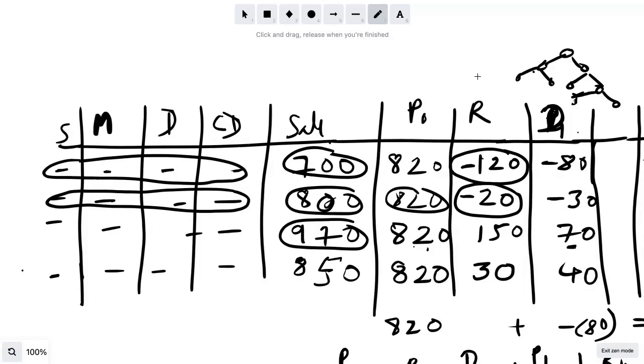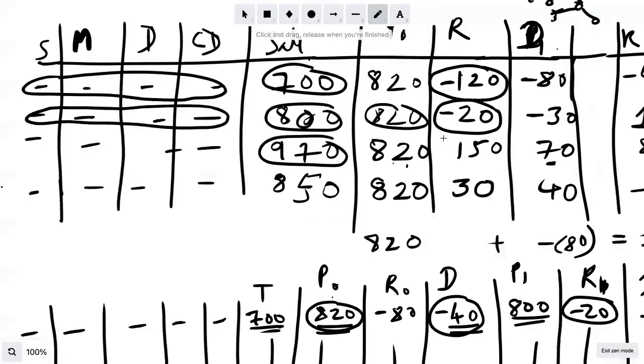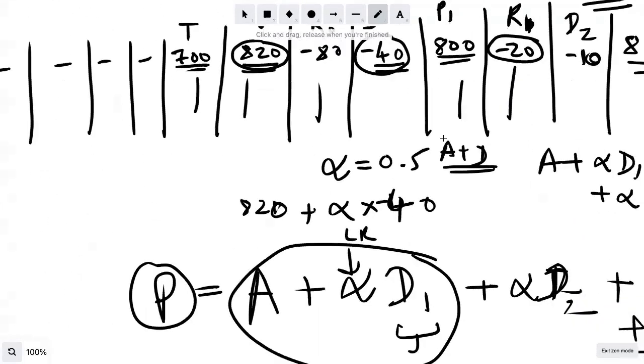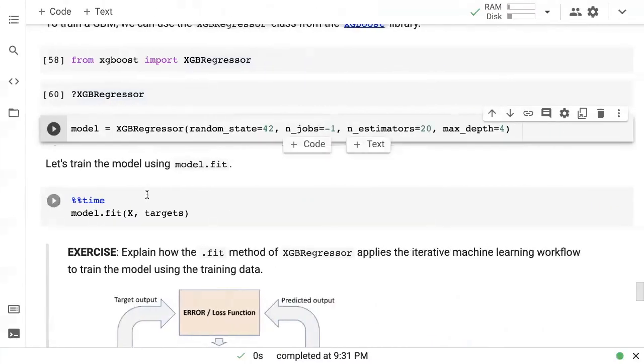So all of these are regularizations, because if it overfits to the training set, then it's going to perform poorly on the validation set. So typically these trees are not very deep. Then you have this learning rate, and this learning rate is basically just the alpha, or it's called eta, I believe, in XGBoost. It is simply the factor that is applied, the scaling down, the damping factor that is applied to the residual prediction from each decision tree. Once again, this is used to avoid overfitting. Otherwise, you may overfit to the training data.